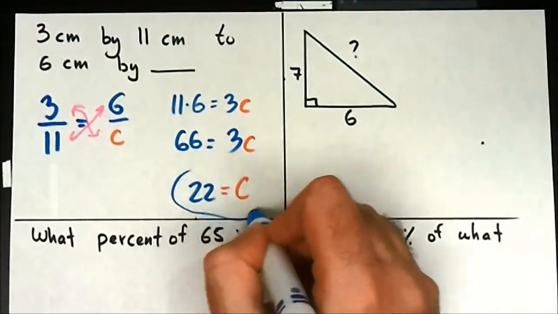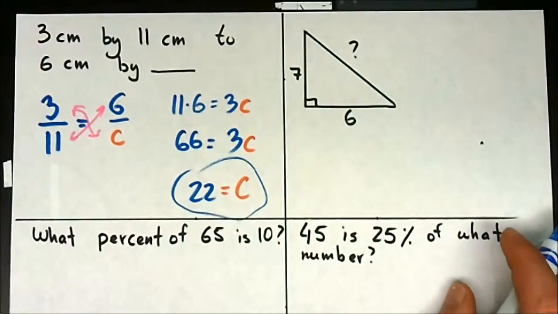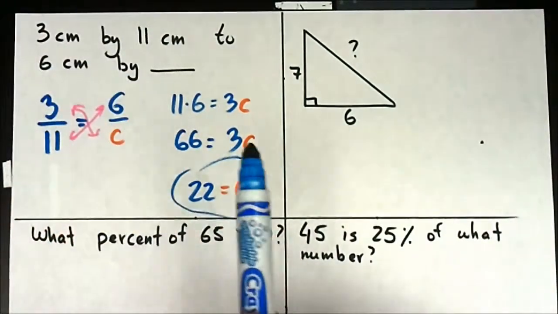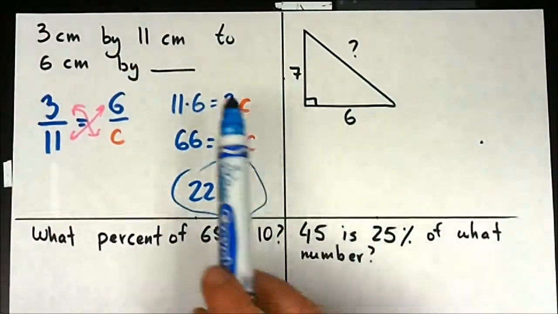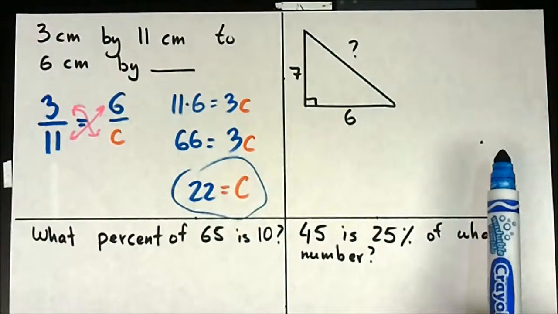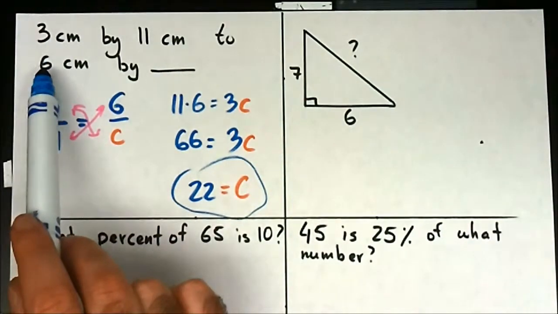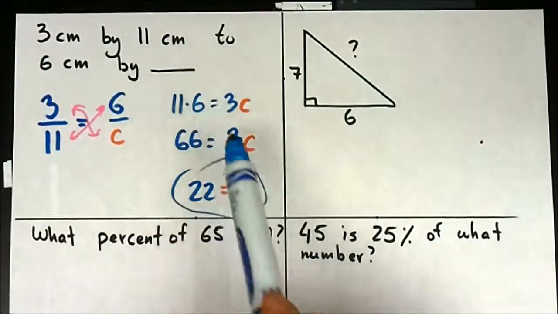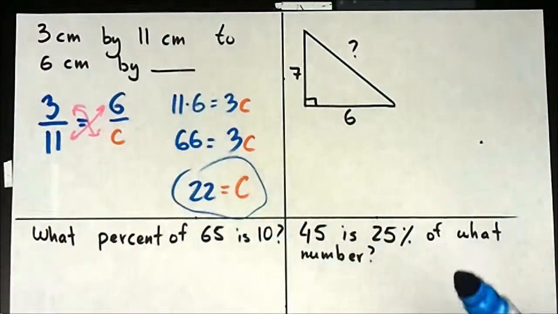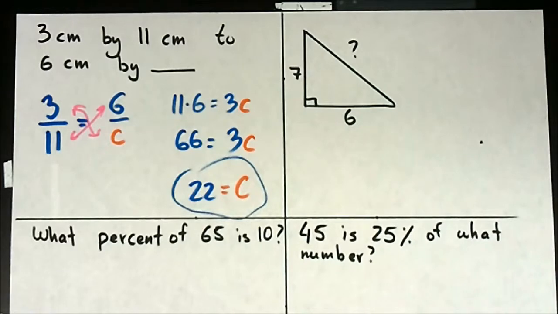So if you were to enlarge that picture, 3 centimeters by 11 centimeters is about the same as 6 centimeters by 22 centimeters. It even makes logical sense. 6 is twice as big as 3, and 22 is twice as big as 11. So hey, logic. Alright, next up,